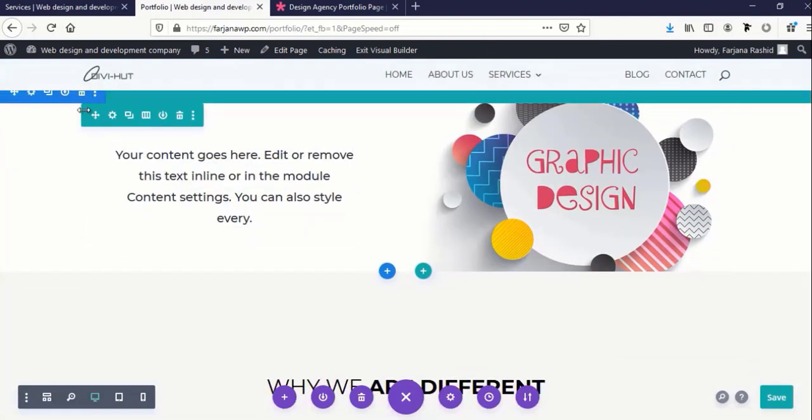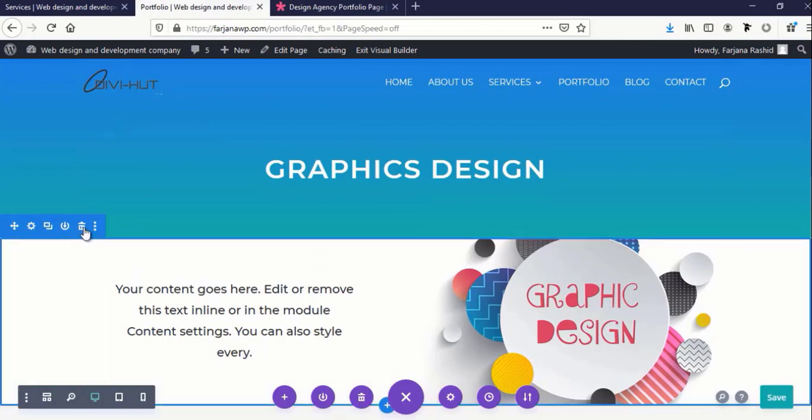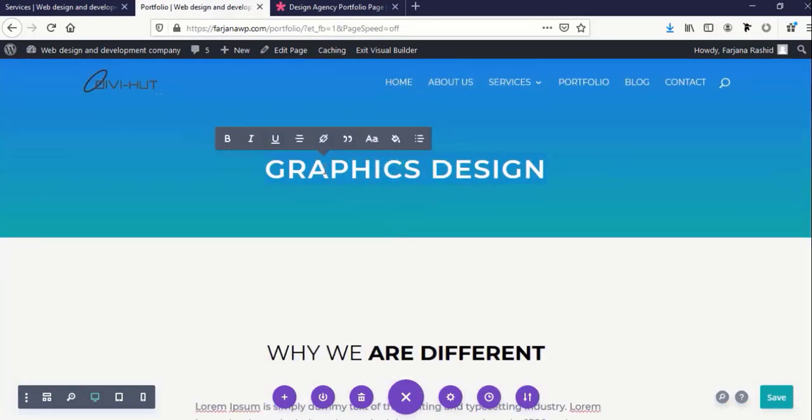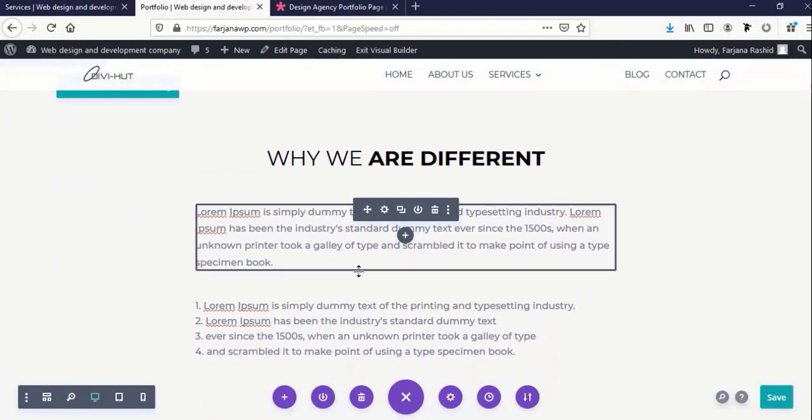Here I am just removing it, and here I'm changing this text to portfolio, and here I'm just removing it,